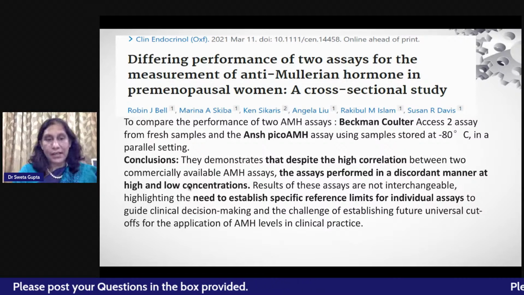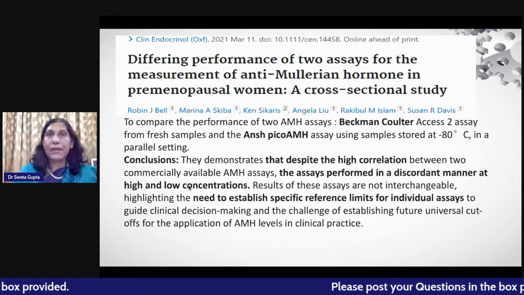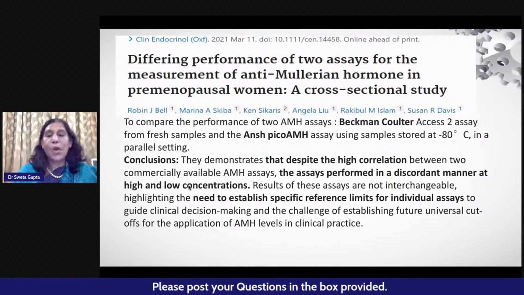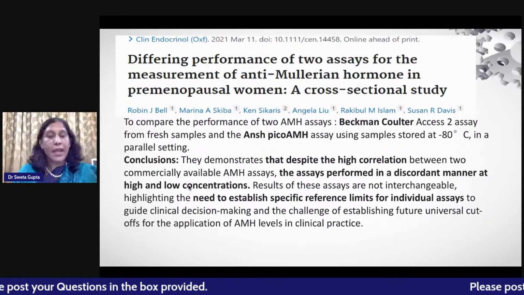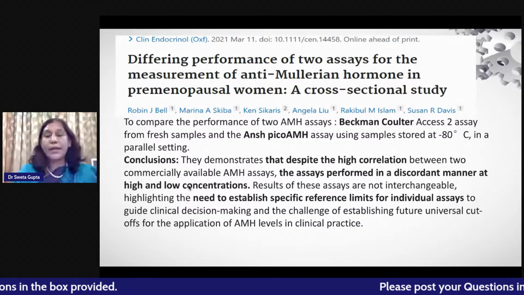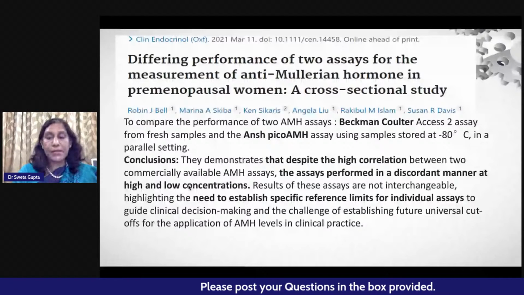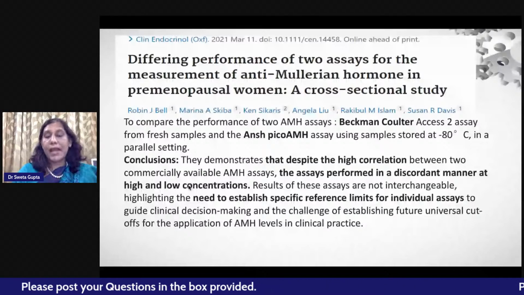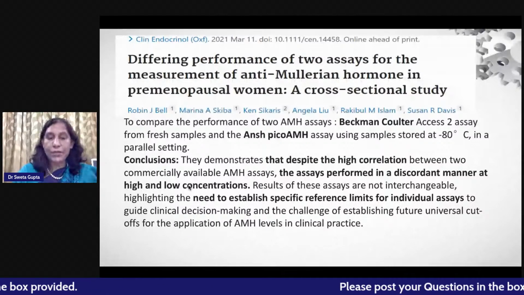What they demonstrated was that despite the high correlation between the two commercially available AMH assays, the assays performed in a discordant manner at very high and very low concentrations. And the results of these assays are not interchangeable, highlighting the need to establish specific reference limits for individual assays to guide clinical decision making, and the challenge of establishing future universal cutoffs for the application of AMH levels in